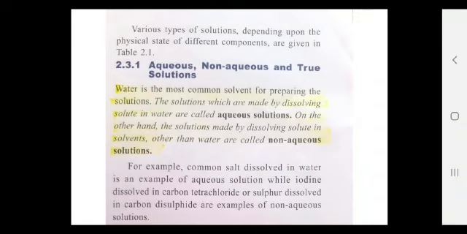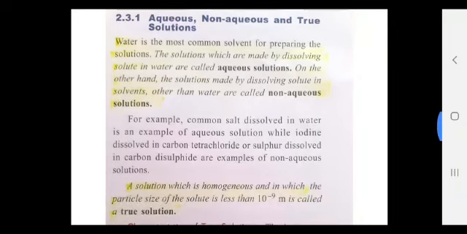Here you can take examples of some other things, like if we are dissolving sulfur into carbon sulfide, or dissolving iodine into carbon tetrachloride, or dissolving any type of solute into benzene or ether. Here we are not using water as a solvent, we are using something other than water. This type of solution in which water is not present as the solvent is called a non-aqueous solution,